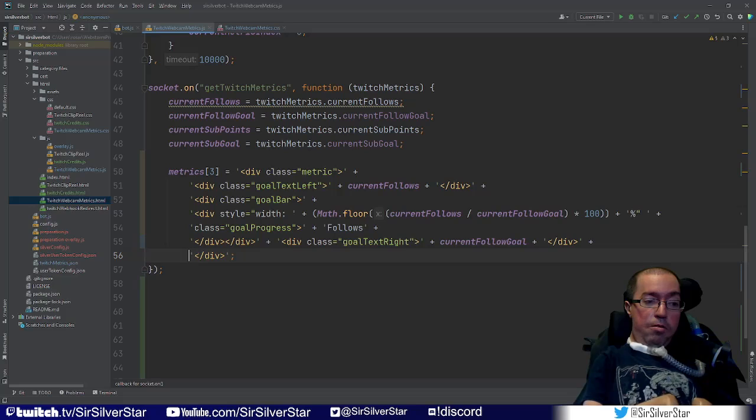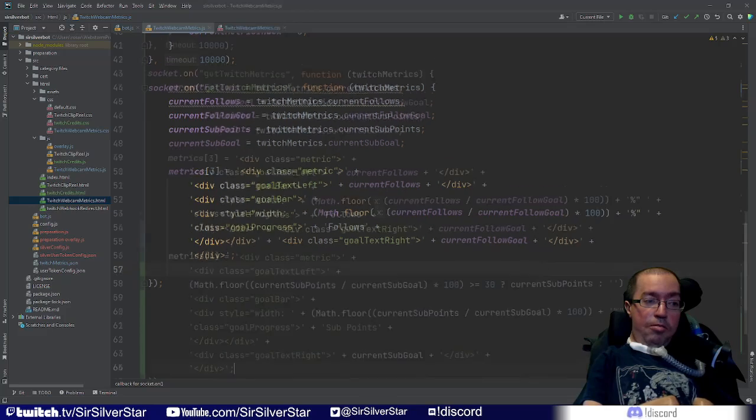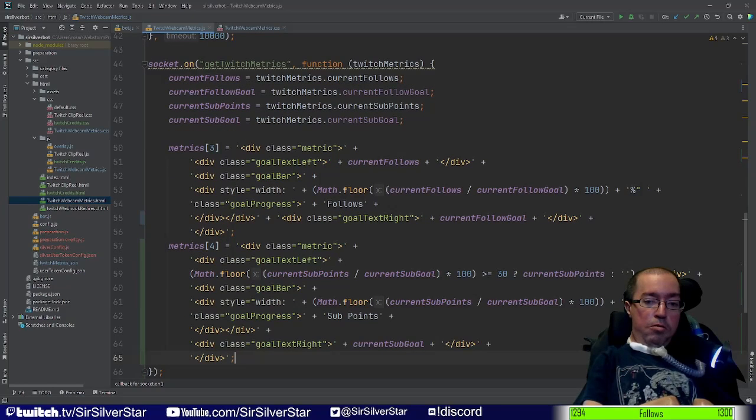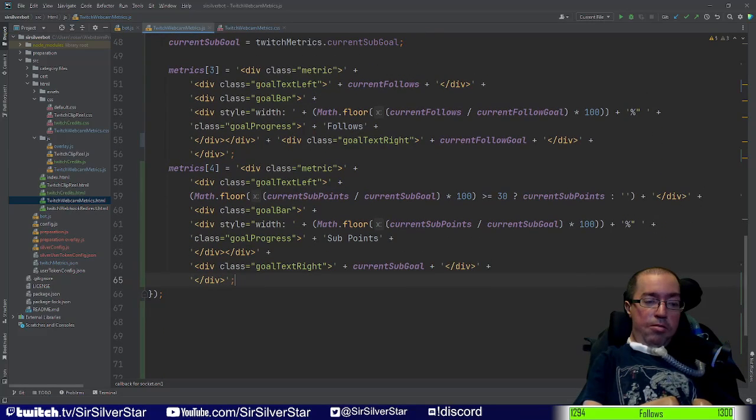And the sub goal is basically the same thing with a slight variation. So what I'm going to do is just copy and paste in the sub goal and explain what I've done, because like I said, it's basically the same thing. So for the sub goal, there is only one slight difference. You can see here that I've set up a div for the overall metric and then for the goal text left. Now, the difference here is that I set up a conditional, a ternary if statement